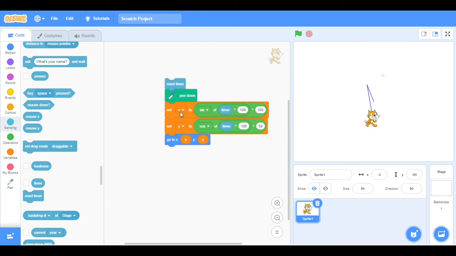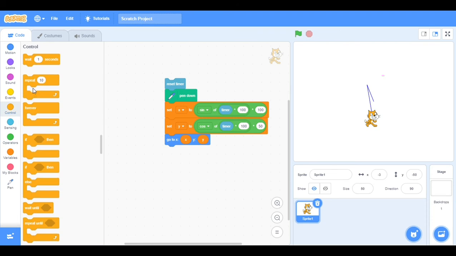And this one I defined only once. We need a repeat block here because we want to draw the oval. So I am adding the repeat block.